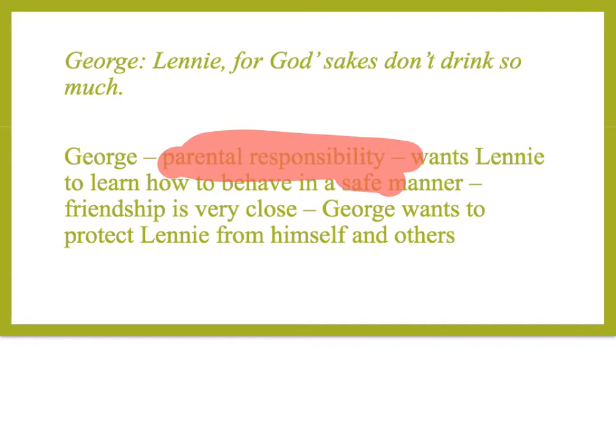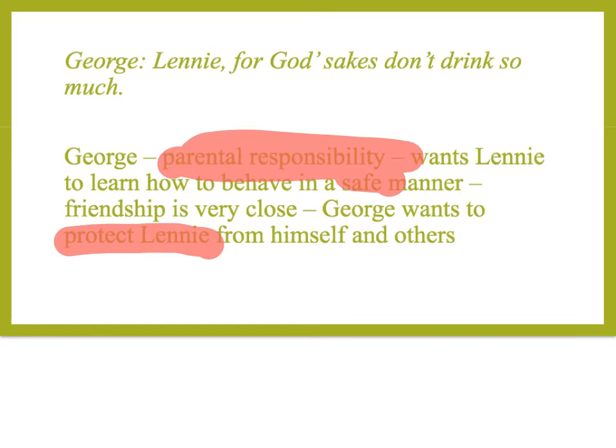The friendship is a close one, and George wants to protect Lennie from himself and from others. "Lennie, for God's sake, don't drink so much." He is trying to look out for Lennie, trying to protect Lennie from Lennie's instinct. Lennie's thirsty, so he drinks, and he doesn't know where to stop. And again, we're going to see that so often as a recurring motif throughout the novella, that he doesn't know